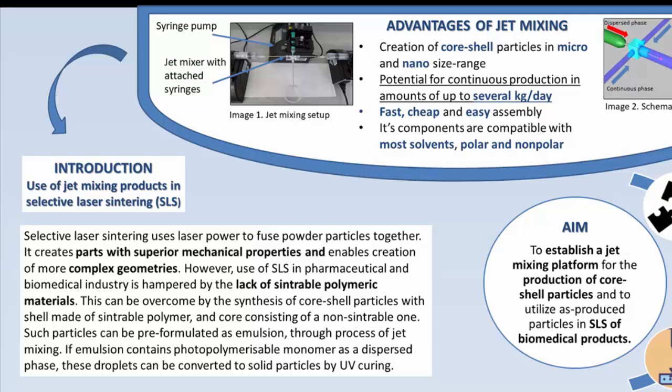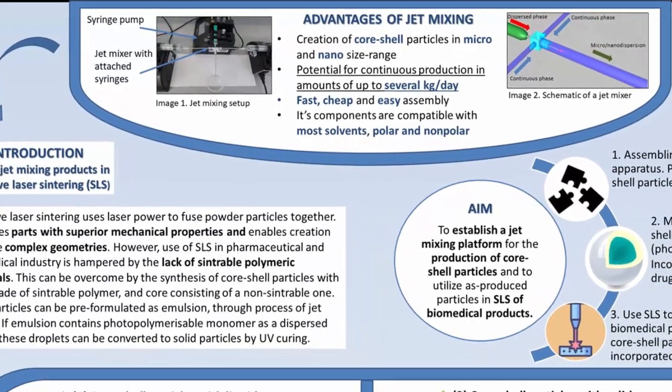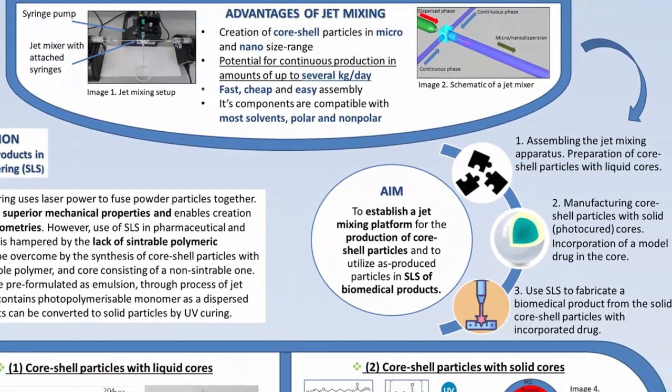As a first step, I established a platform for the production of particles which contains a device called Jet Mixer. You can see it on top of my poster, and in the Q&A part I can explain how it works. But what is important is that it is able to produce core-shell particles with liquid cores, or nanocapsules as they are also called, through the process of flash nanoprecipitation, and it can also be used for the preparation of emulsions whose dispersed phase droplets can then be photocured, finally leading to the creation of core-shell particles with solid photocured